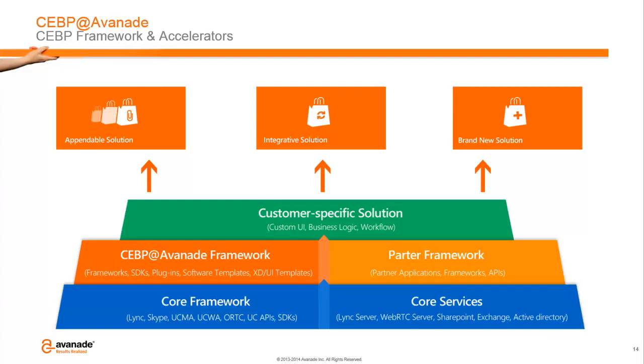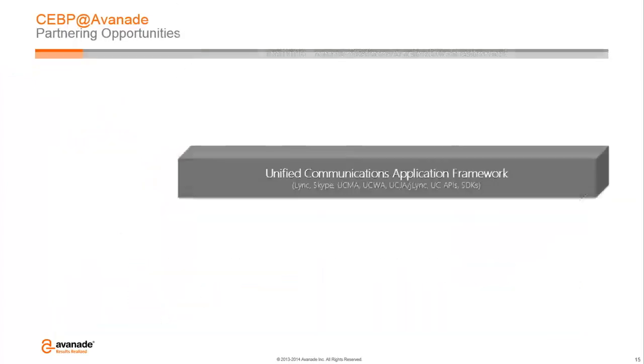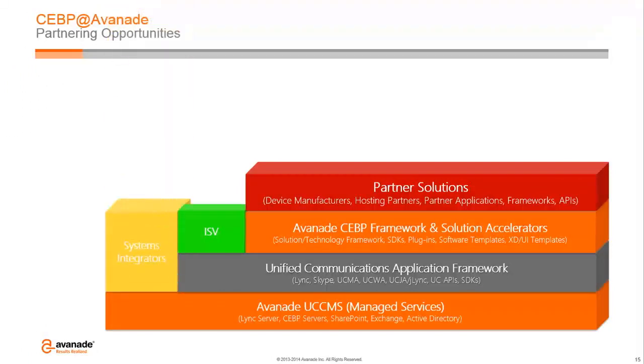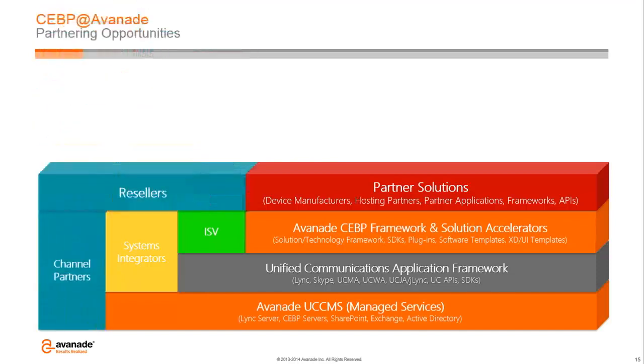And so from a perspective of how we can work with partners, those of you that are providing similar services today, leveraging this framework, leveraging our solution accelerators, we have a solution for ISVs to help co-engineer solutions together so we can really drive the market together. We also have a solution for SIs that can partner with us to deploy these capabilities. So let's say you're a Lync deployment partner. We can still work with you to deploy Lync and deploy these services in addition to that service. And then for resellers and channel partners,